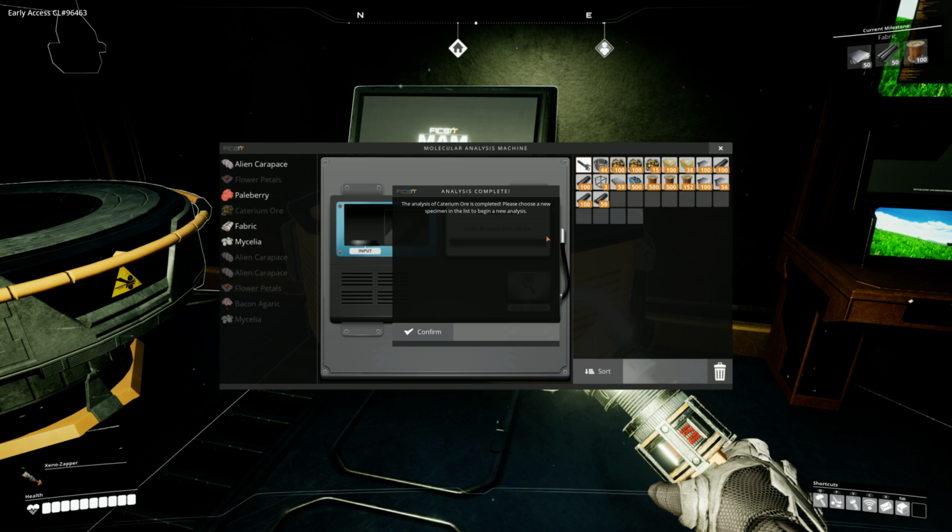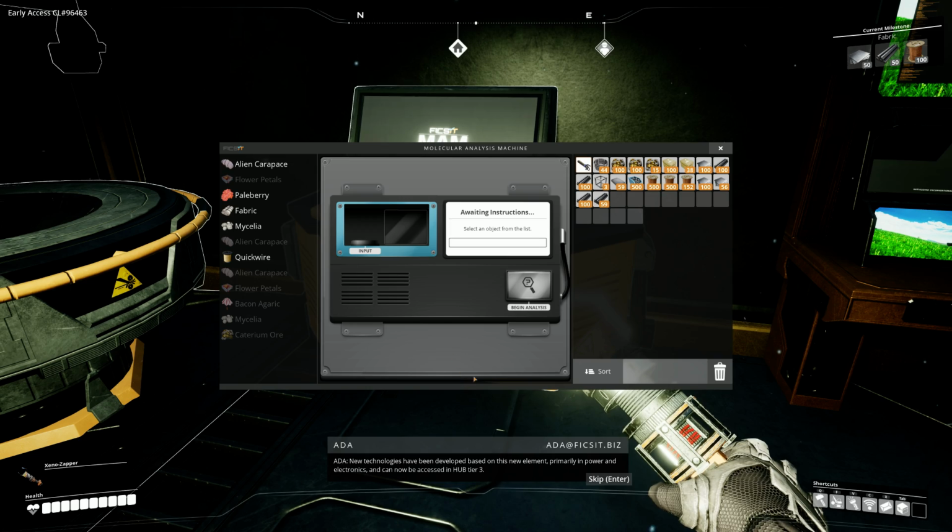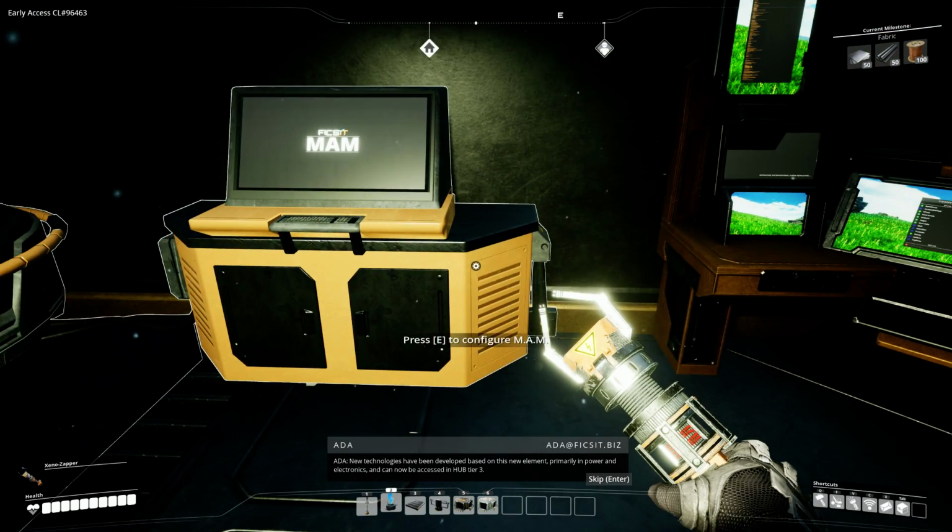Last time we left off, I was going to get some Deuterium ore. I went and got some. You can see I got a couple hundred in my inventory. I went ahead and did the first research of it. You have to throw 25 of it here in the New MAM. Technologies have been developed based on this new element, primarily in...